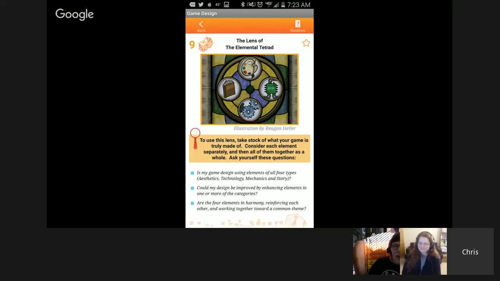And even when you're designing a lesson or a project for your students, all these things come into play. Because you're thinking about the book learning, what you're trying to communicate to them. You're bringing in art, you're bringing in technology. You've got a mechanic that the lesson or the project has to go through.